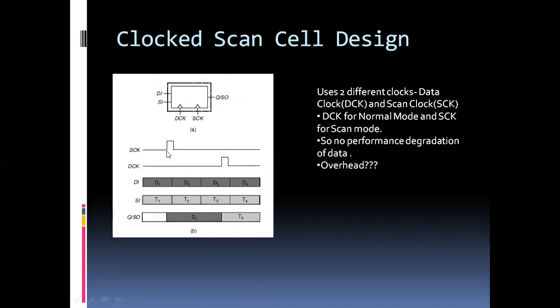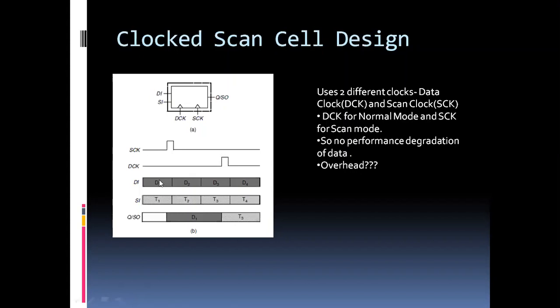So S clock, it goes high, that is there is a transition from 0 to 1. At that time what happens? My SI is going to be active. So what is the thing it should clock at this point?